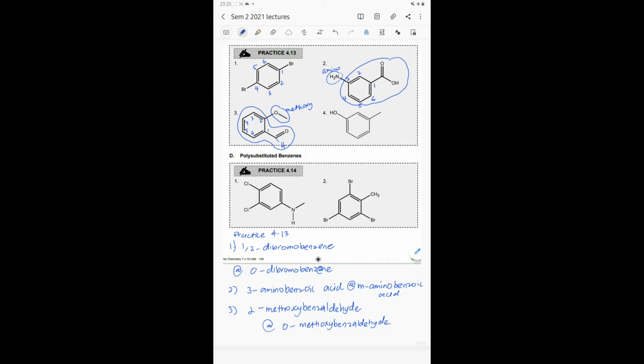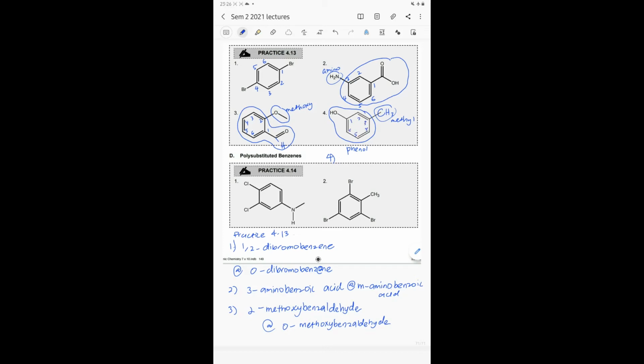And for number 4, this one is called phenol. Also refer to page 148. So this is methyl. So for number 4, the name will be, numbering 1, 2, 3, 4, 5, 6,